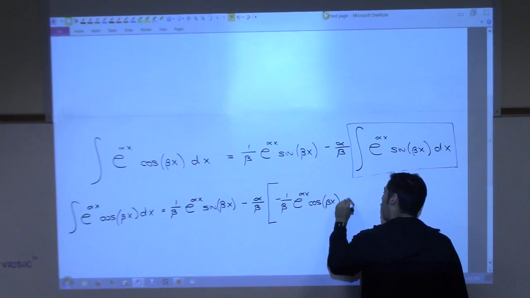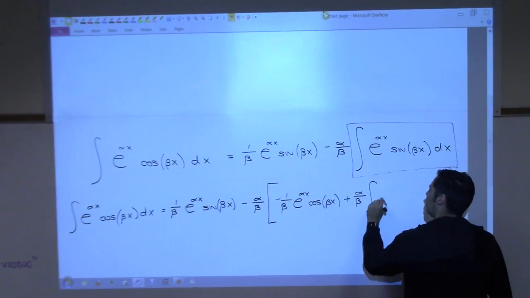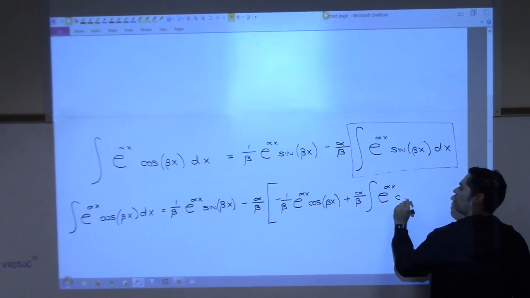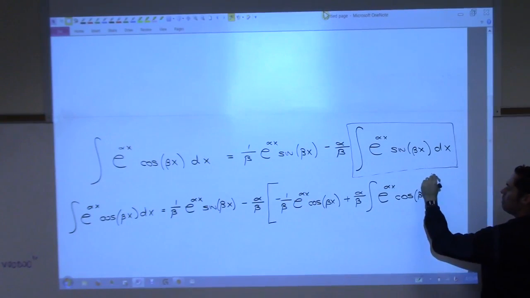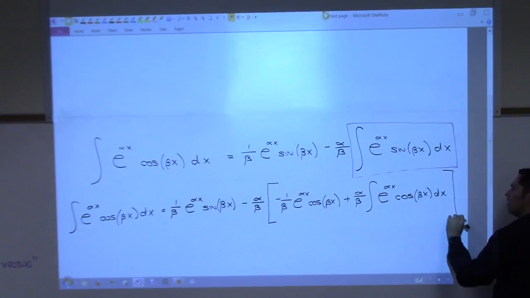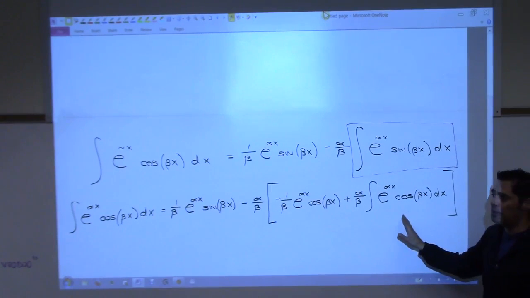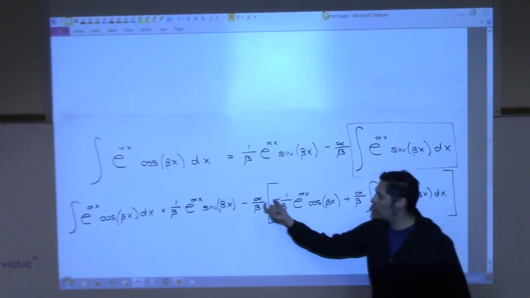And then I have plus alpha over beta integral e to the alpha x cosine beta x dx, done, right? Not yet, because I haven't done this integral yet. All right, now, so we're not done. This is not an answer, because our answer still has an integral in it. So we're not there. So now distribute this through,